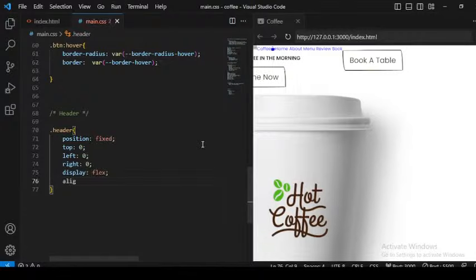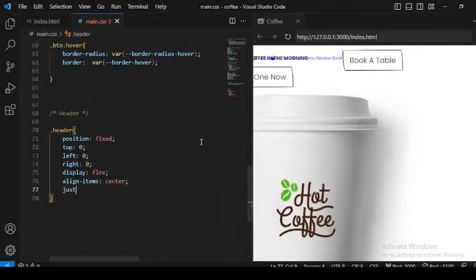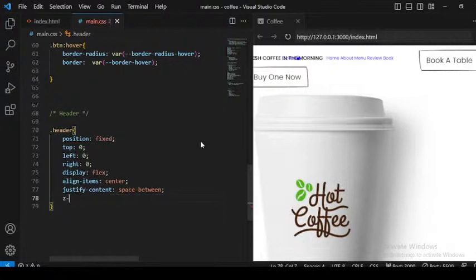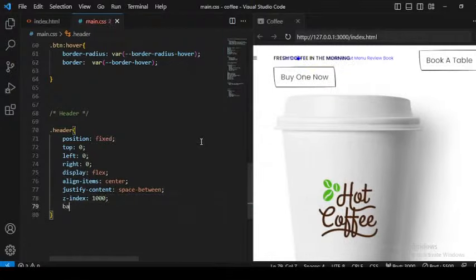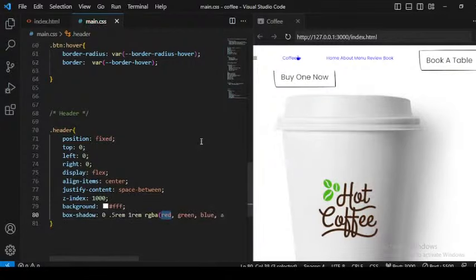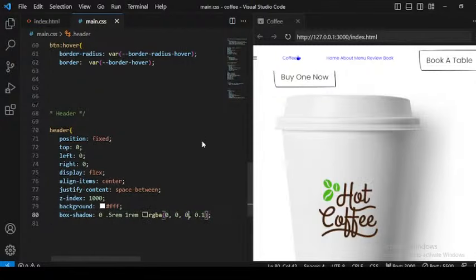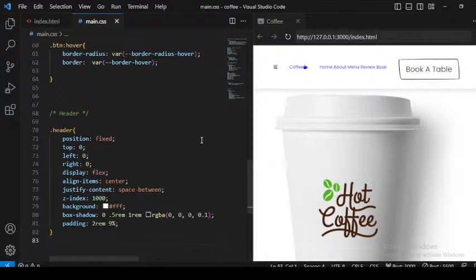Then align items center, then justify content space between, then z-index 1000, then background color I want it to be white, #fff. Then let's have a box shadow. This will be my box shadow. Then padding of 2 rems and 9%. Oh, there you can see, lovely. You can see how the solution is looking. If I come on to the desktop view,